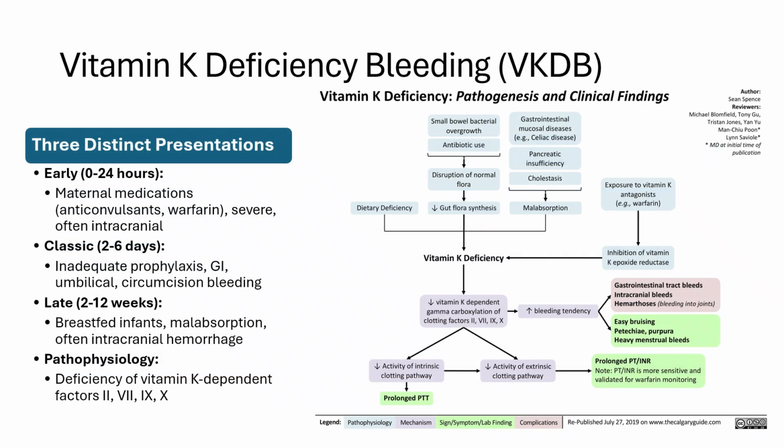Vitamin K deficiency bleeding presents in 3 distinct patterns, each with unique risk factors and clinical implications. Recognizing these presentations enables early intervention and prevents catastrophic outcomes. Early VKDB occurs within the first 24 hours of life, almost exclusively in infants whose mothers took medications interfering with